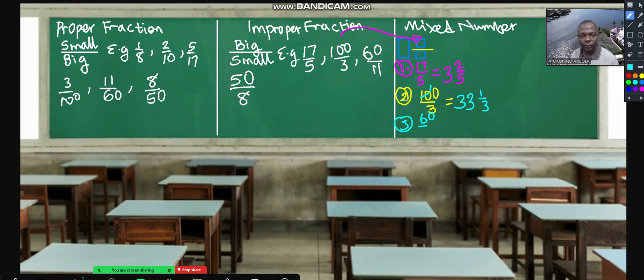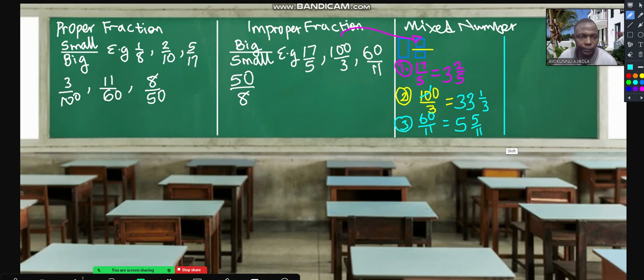How many 11 goes in 60? That is 5, which is 55. If you remove 55 from 60, you have 5/11 remaining. I believe that should be clear. Then the next is,